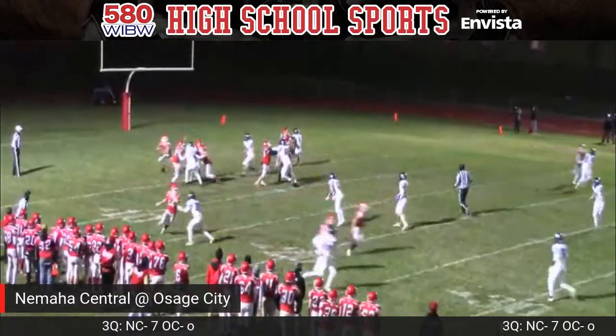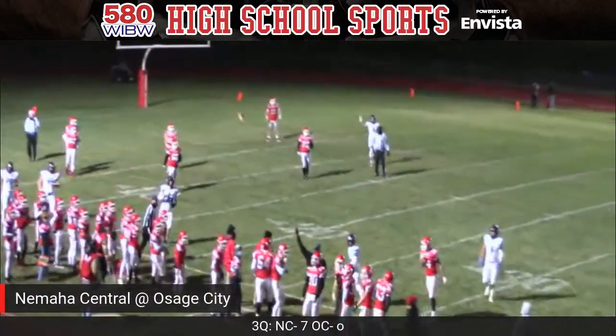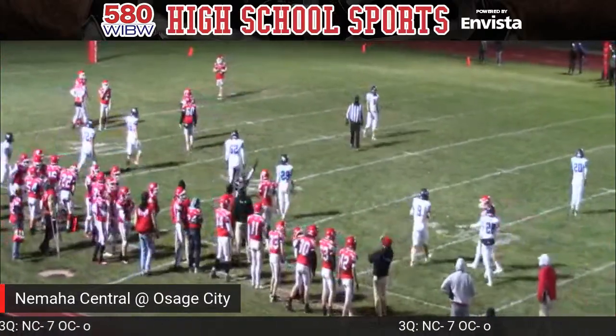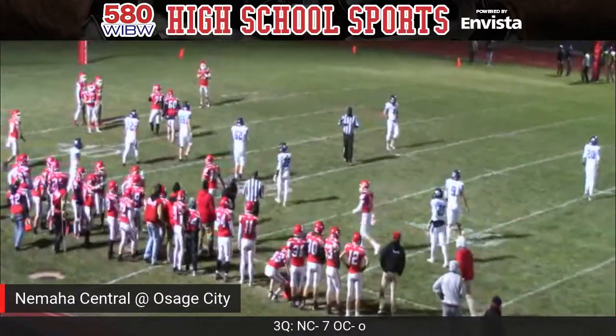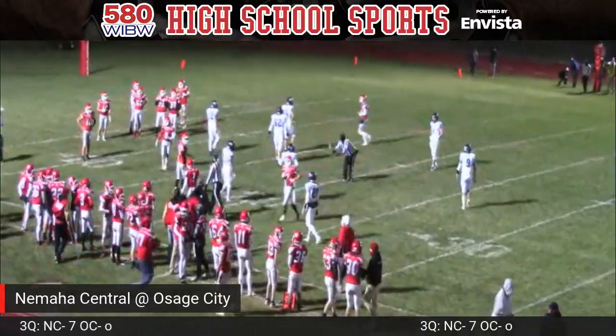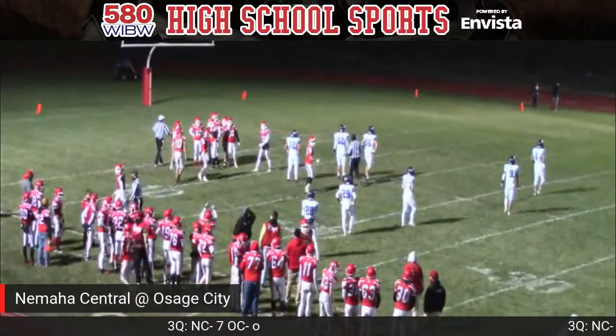Landon Boss, three-step drop in the gun, has to evade to the right. Has to be careful near the sideline, and he will just throw it away. That's a veteran play right there by the sophomore quarterback Boss. Will live to play another day as he sends it out to the sideline. Got a little pump fake as well, so I think they're wanting to go deep. Probably for Fager, but Fager well covered and no choice for Boss but to throw